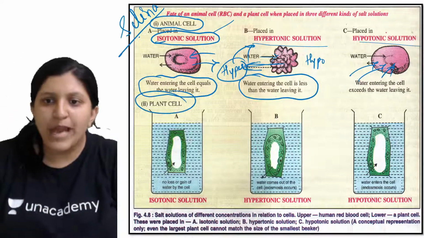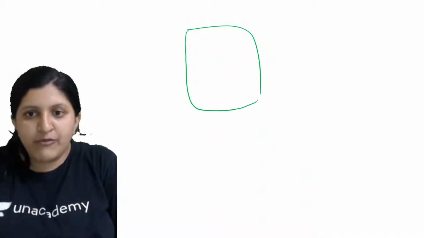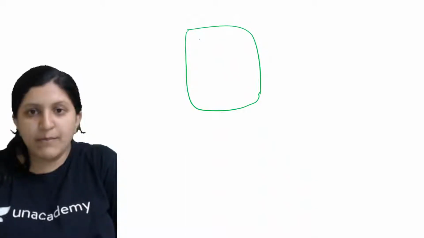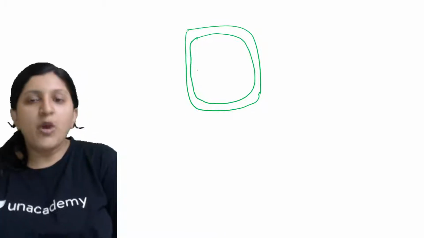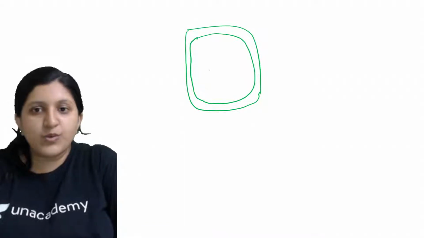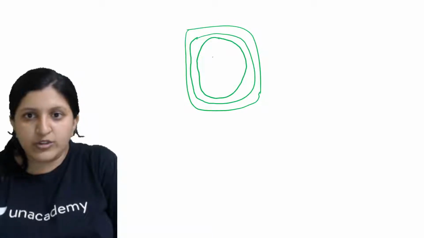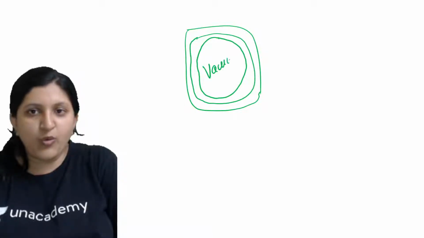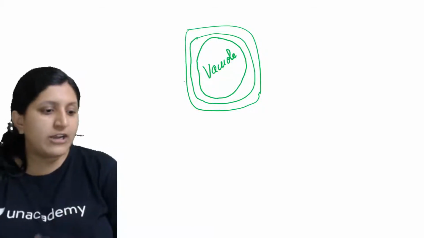So same thing with respect to a plant cell. With respect to the plant cell, I need to explain one thing. Let's say this is a plant cell having its own cell wall, then there is the cell membrane and other things are present. Now in this case, a vacuole is present, so let me just draw the vacuole also. 90% of the plant cell's volume is covered by the vacuole itself. So this condition is the normal condition of a cell.